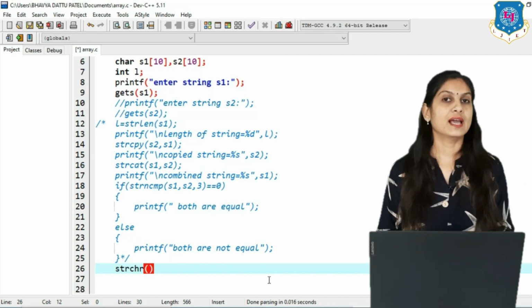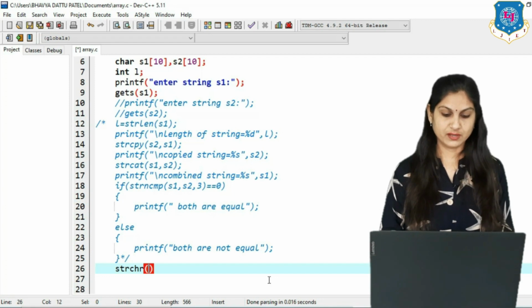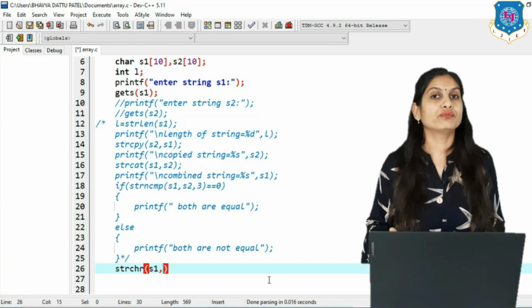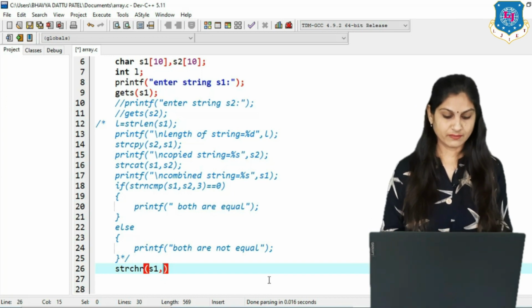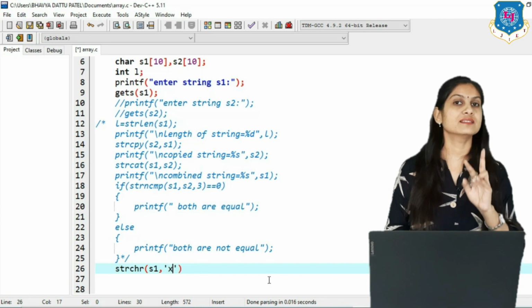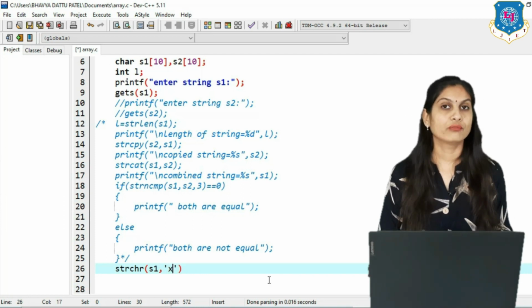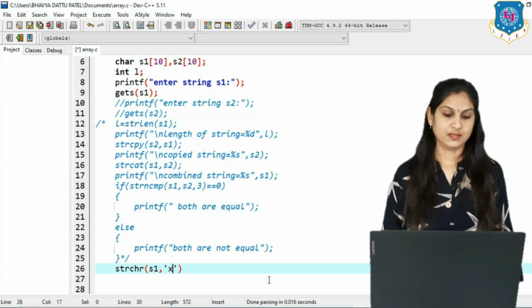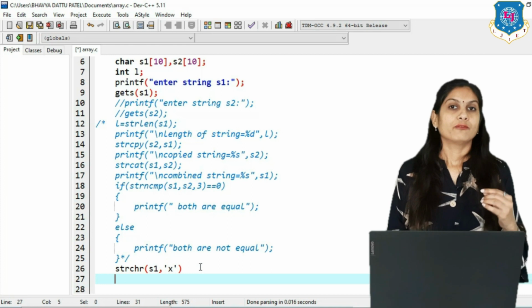First is a string and second is a character. So here our string is s1, and which character do you want to find from your string? Suppose I want to find character x. So you have to write that character in a single inverted comma, because this function is used to find the character from the string.